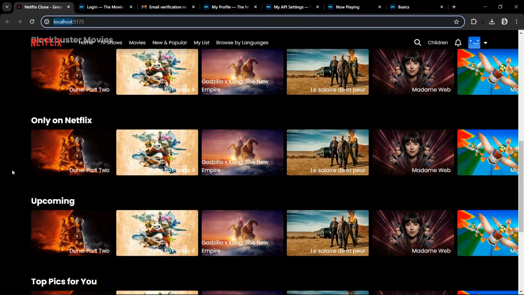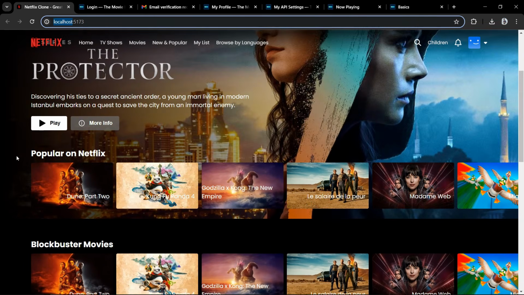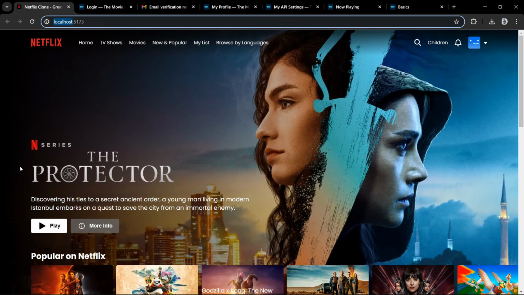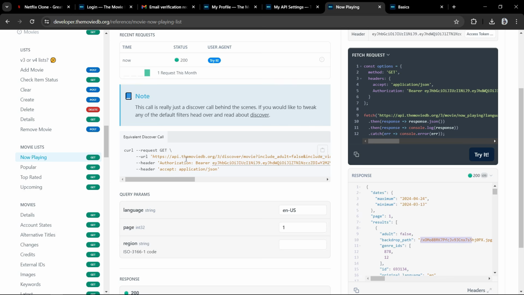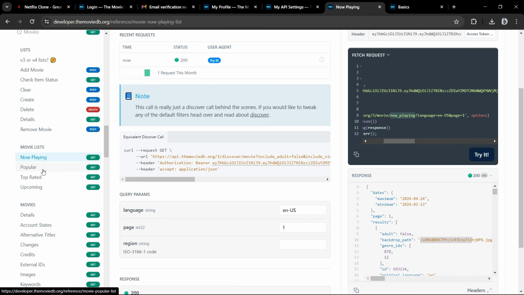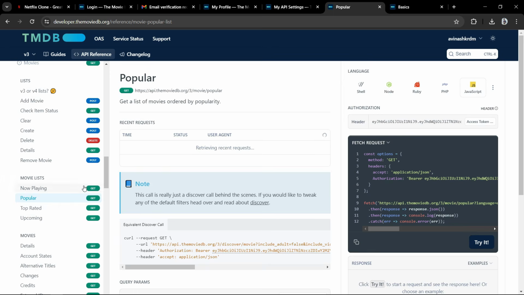So now we will add different data in different list. For that we have to change the category. In this data you can see in this URL, here we have a category now playing, correct? If I click on this one, popular, so the URL will be same, but here it will add popular.